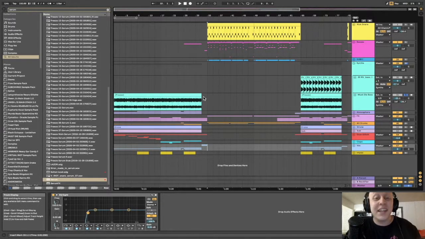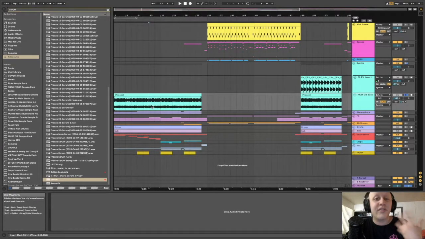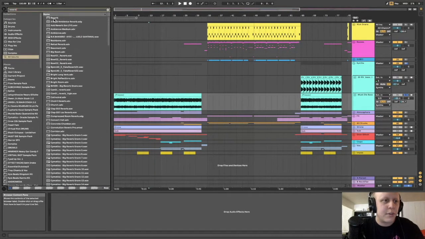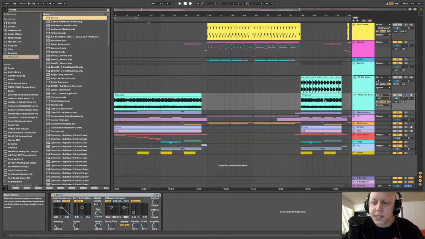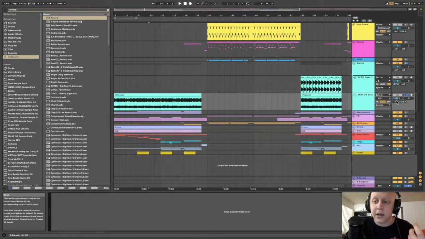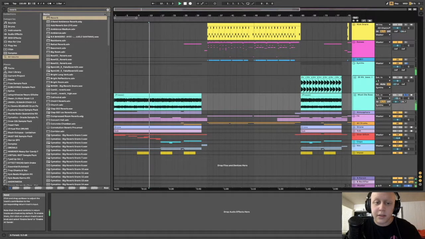Basically, I'll utilize those when I need a bit more saturation or a bit more reverb on a track. The advantage to using that is with just a dry sound, you get the effect layered on top of the dry sound, as opposed to just slapping an effect on a track and calling it good, right? So if I were to just slap reverb on this sound, it would just apply reverb to the dry sound. But when you use a send,